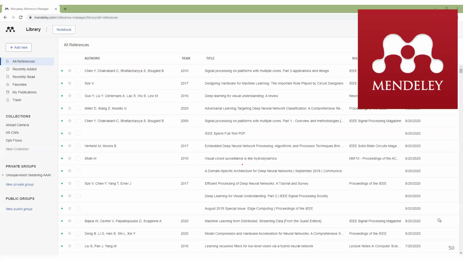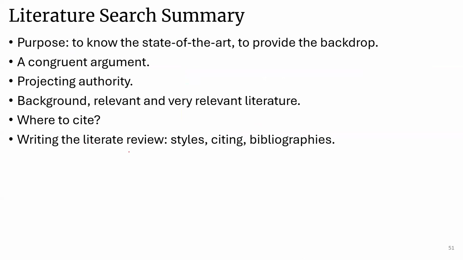Yeah, so here's a picture of Mendeley. If you want to use this as a bibliography manager, it is very useful. I think you can categorize your papers also and write notes and so on and export them to a Word format or the BibTeX formats, I think.